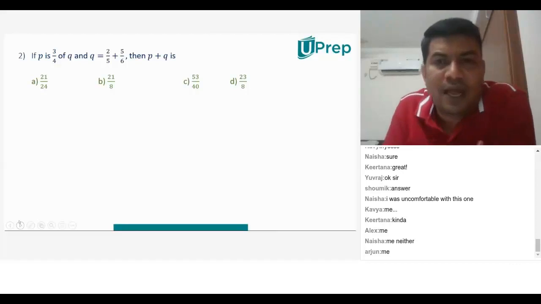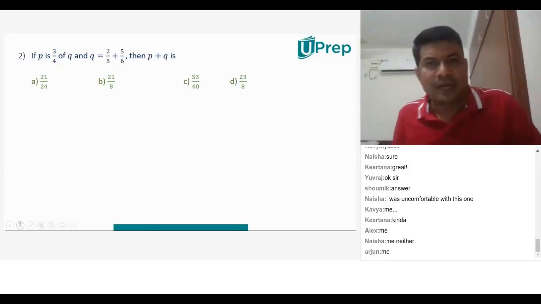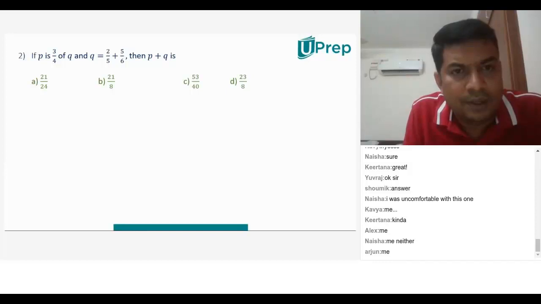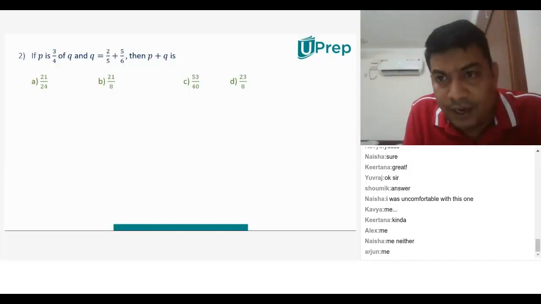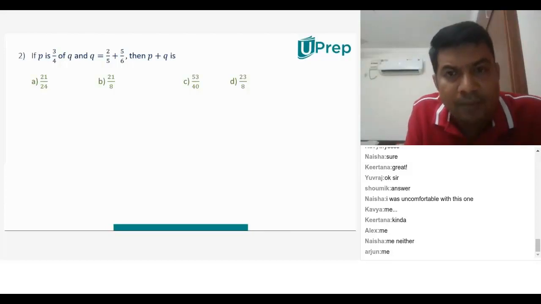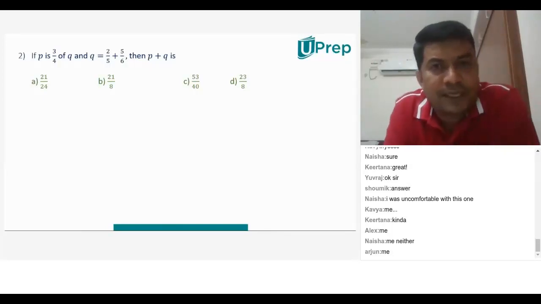Come on, quickly solve this. So many people made a mistake in the exam. I'll tell you who all went wrong with this particular question. Nine of you got it incorrect in the exam. Arjun made a mistake, Kavya made a mistake, Shaumik, Satvika, Alex, Kirtana, Veda, Ritu, Arya, all of you made mistakes with this particular problem. I wanted to know why. I thought it is an easy question. Most of you will solve this. Let me see why you made a mistake.